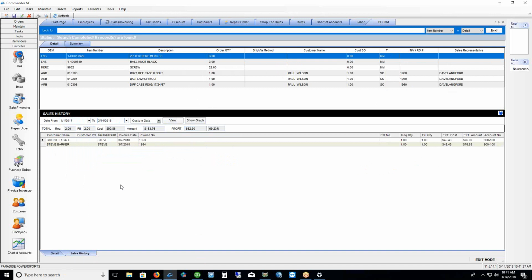So here we are, sitting about to order an item. We're about to order 4 of something or 3 of something. We've got 1 on the shelf, and I'll